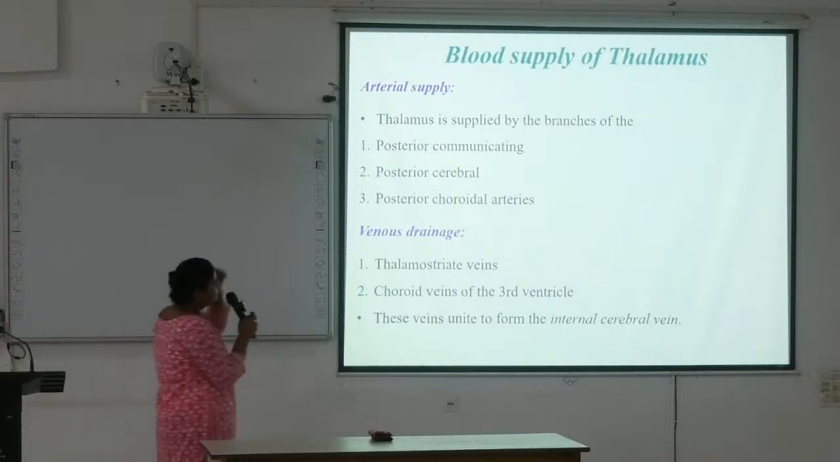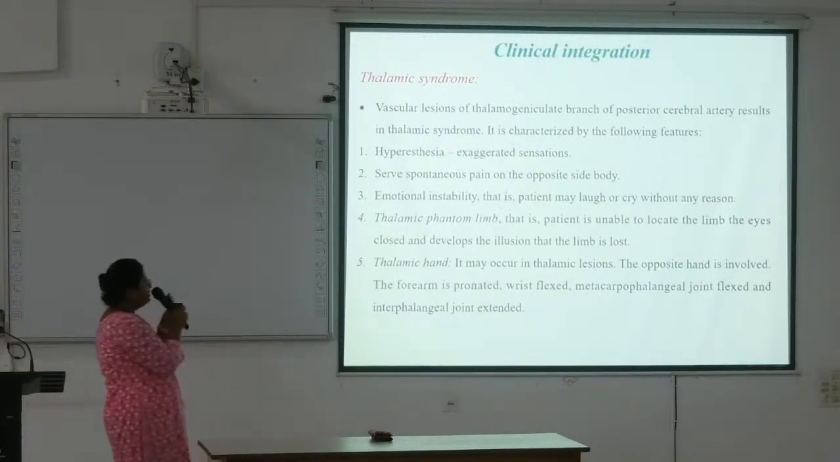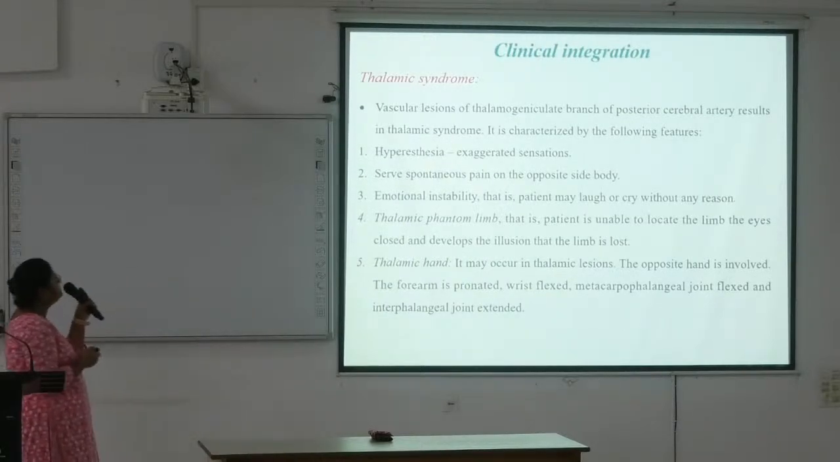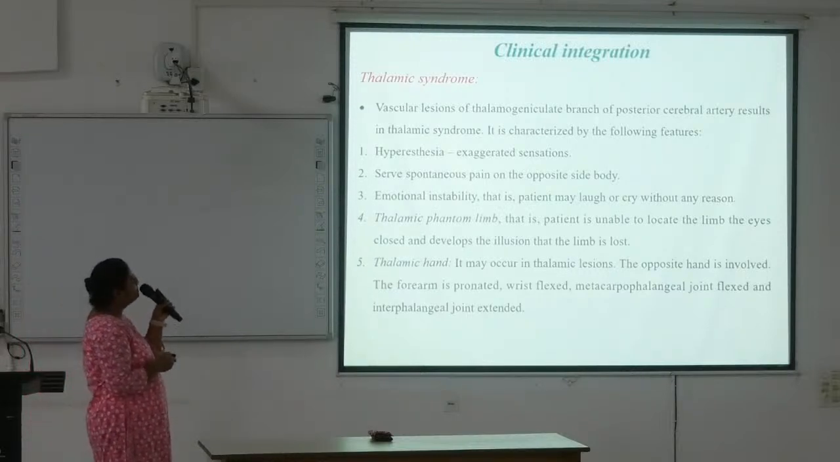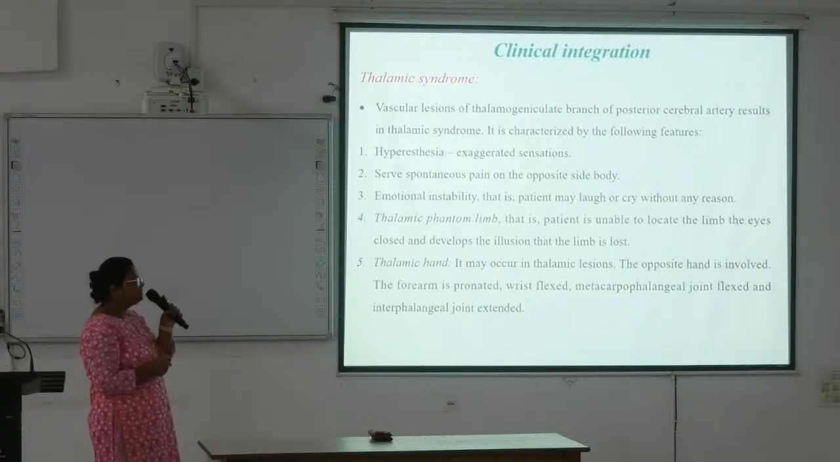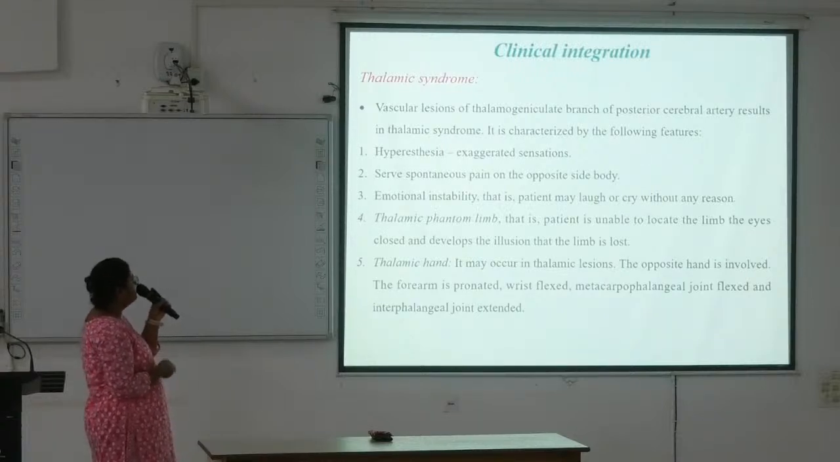Next, clinical aspect, thalamic syndrome. Thalamic vascular lesion of the thalamogeniculate branch of posterior cerebral artery results in thalamic syndrome. It is characterized by these features: